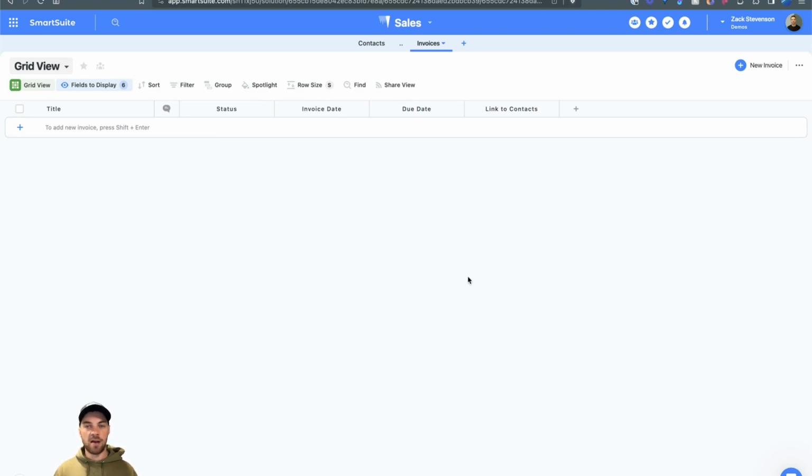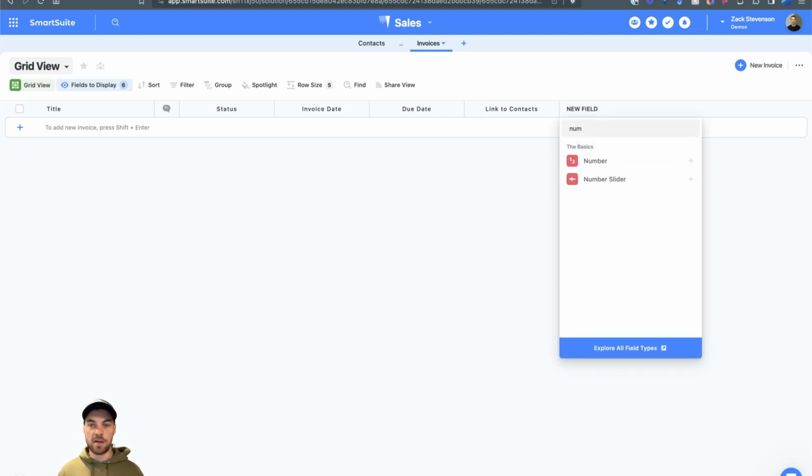Different businesses will have different invoice structures, but ultimately it will be the same. Some businesses may have one line item across the board, depending on if they're just a service or a single product type business. And you could have different things like quantity, your rate, or your unit price, and then your total amount. What I'm going to get into here is just a single line item invoice, and we're going to add quantity, we're going to add rate, and we'll add the total amount along with the service or the product description. So I can get started by adding a number field,